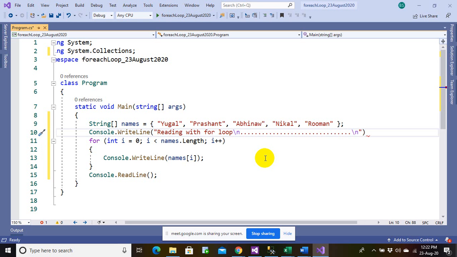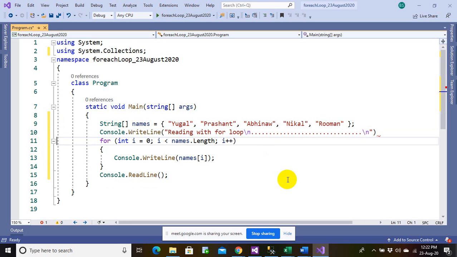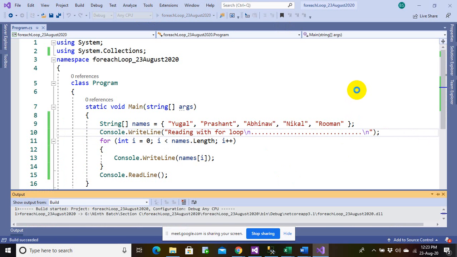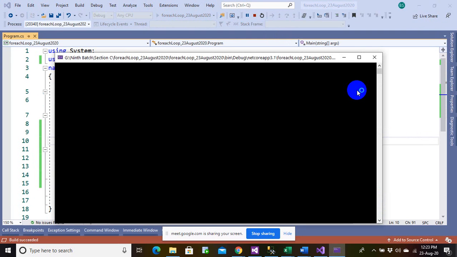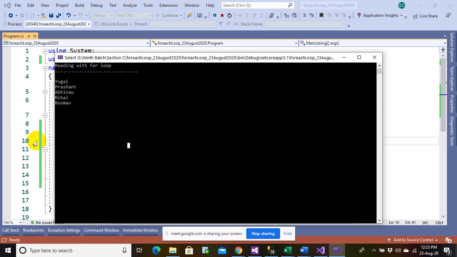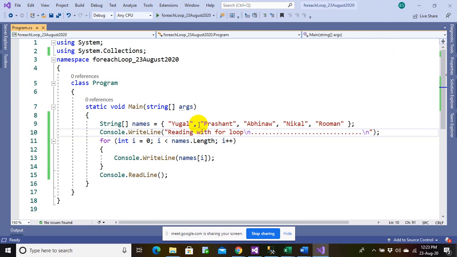So this is reading values with the for loop, everyone, and let me see what exactly this means. Let me run this and show you the output. You got it by using a for loop. So you will see Roman, you got it by using a for loop here.